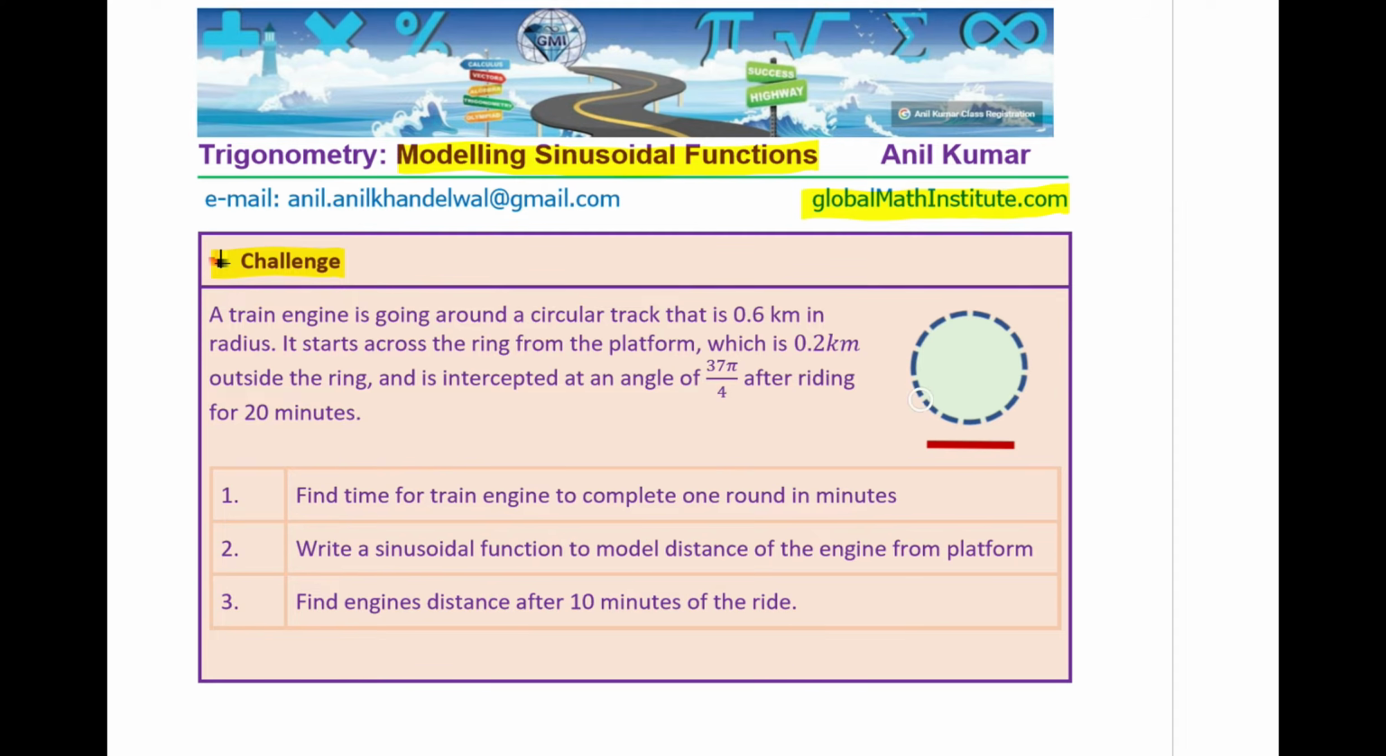The sketch given here gives you the round track where the engine is moving, and this strip indicates the platform. We need to model the position of the engine from that of the platform, so the distance between these two at any instance of time. That's the whole thing. So let's try to understand the question. First, we need to find the time for the train engine to complete one revolution. The statement which relates to the revolution is that